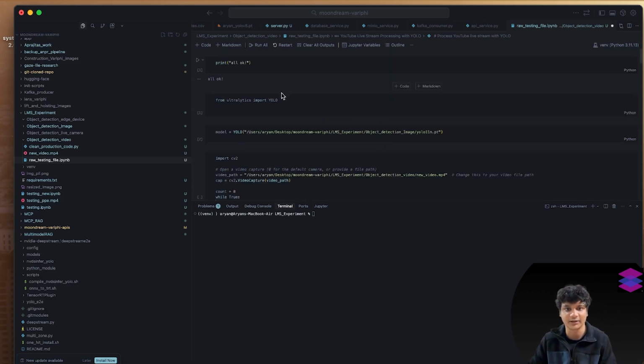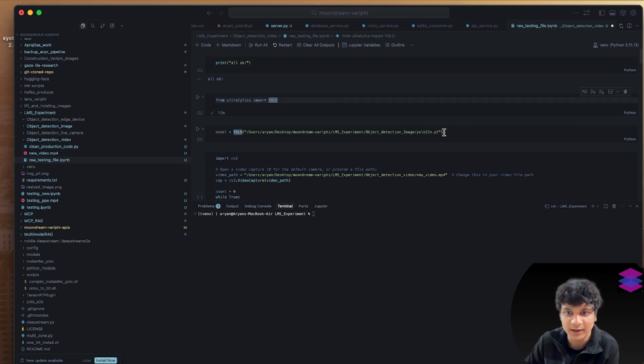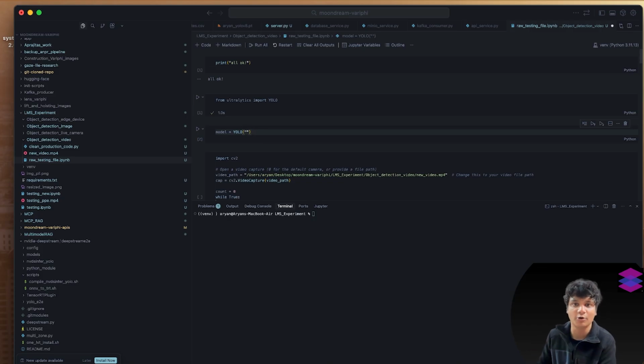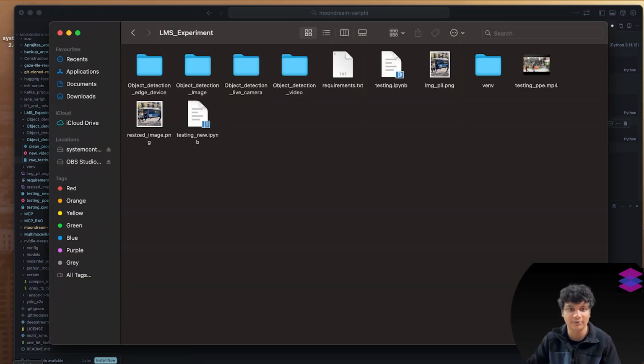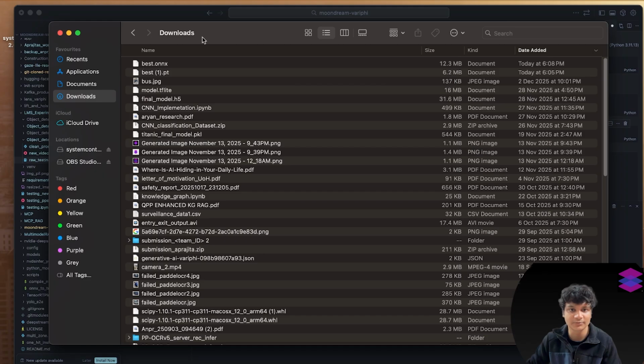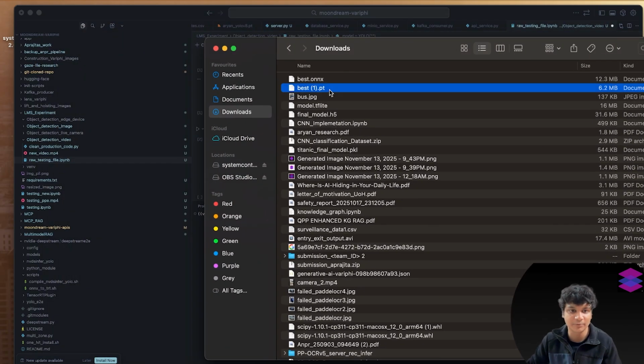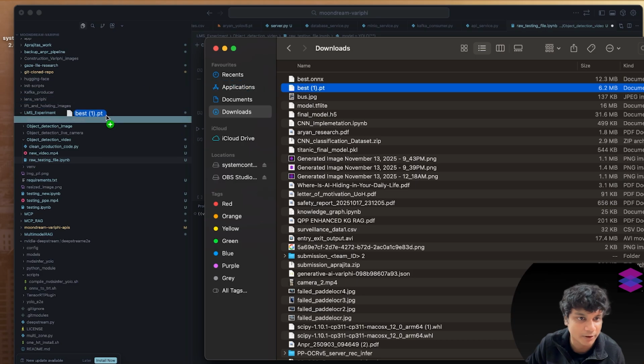So let me just run it again, the same code guys. Again, I'm not doing anything, right? I'm just loading the same model. So here what I need to do is give my downloaded model, which I have already trained on my Colab GPU, right? So I need to give the location to that model as well. So again, I will go to my downloads, right? And this is my best.pt file, right? So I will just copy and drop it over in this one,